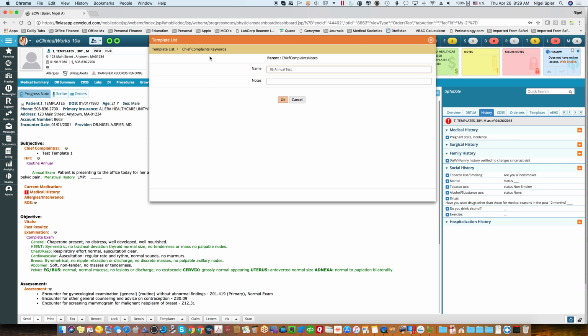So for now, we're going to associate this chief complaint 05 annual test with this template. Okay, so we created that over here. Now there's one more thing that I want you to do before you close this out, is highlight the name of that, and I'll show you why that's important in a second, and make sure you copy it. Okay, so we just did that. We highlighted the name of this chief complaint, quote unquote, that we associated with this template, and we copied it,